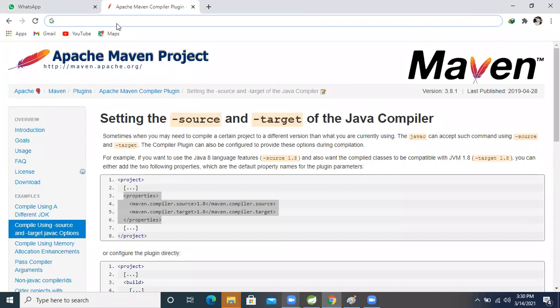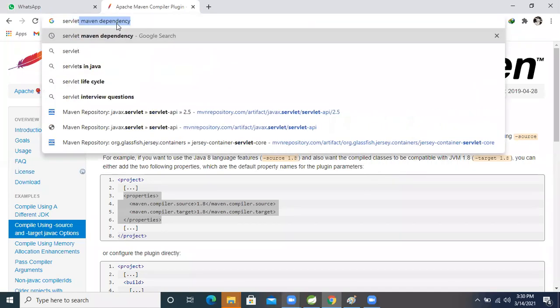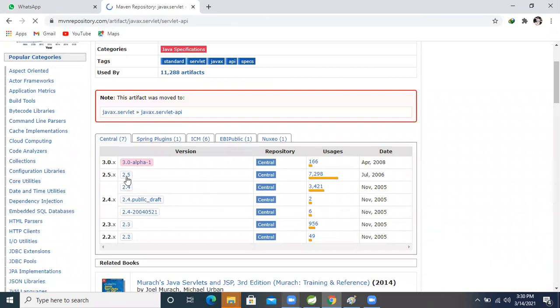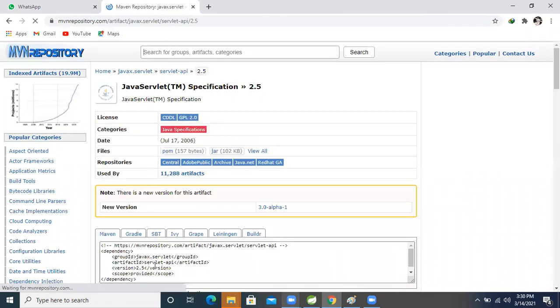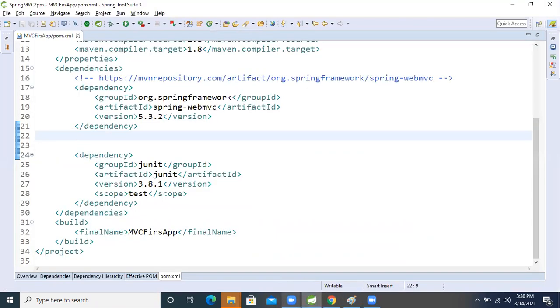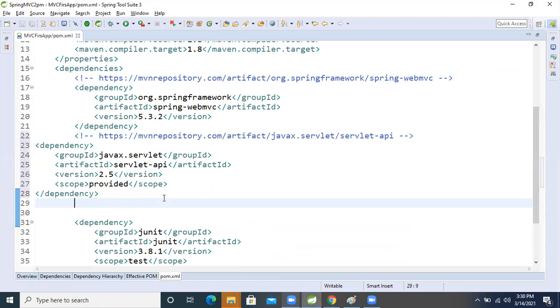The Servlet Maven dependency. Good observation, very good. So now I added it.